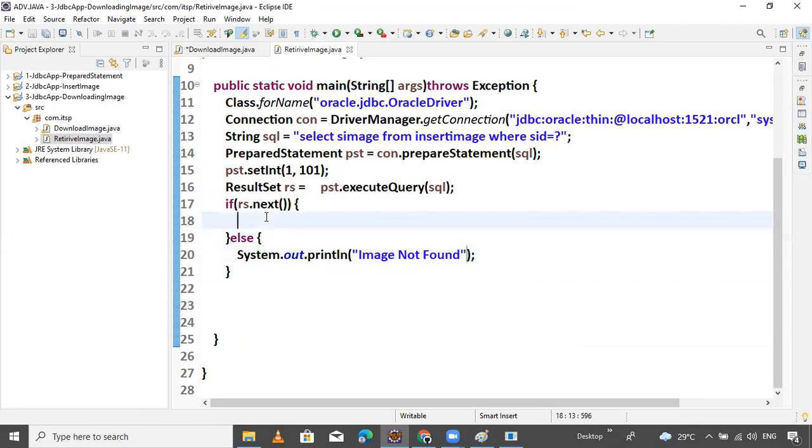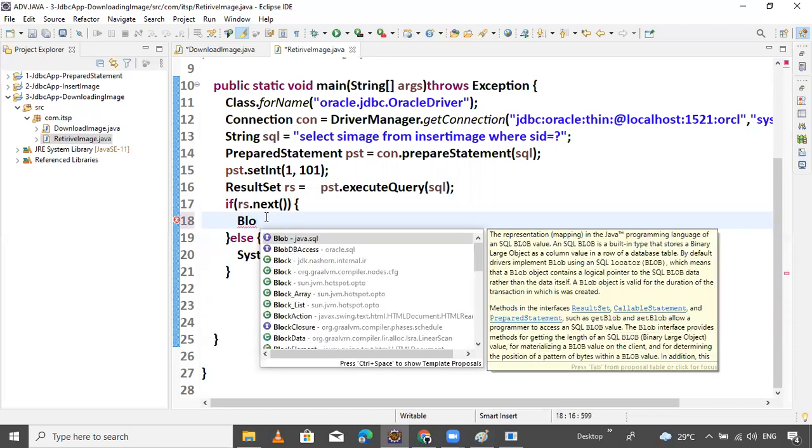So I want to write the logic here, to retrieve the image data from the database. Okay, so one object is there, Blob. Blob is present in the java.sql package. Its mapping in the Java programming language is through interface methods in the CallableStatement and PreparedStatement interfaces, getBlob with setBlob, which programmers can also access.